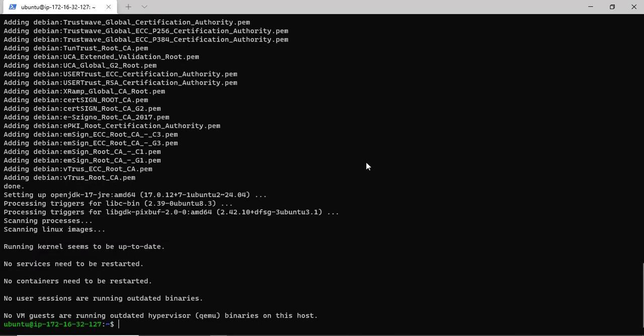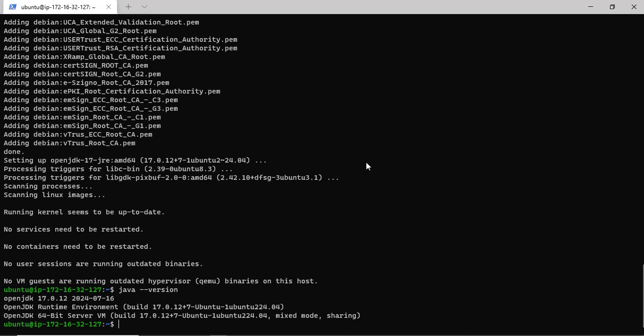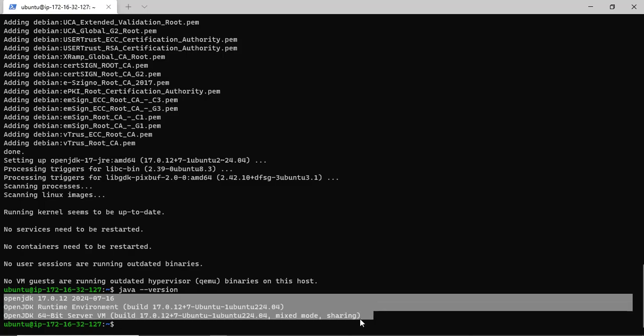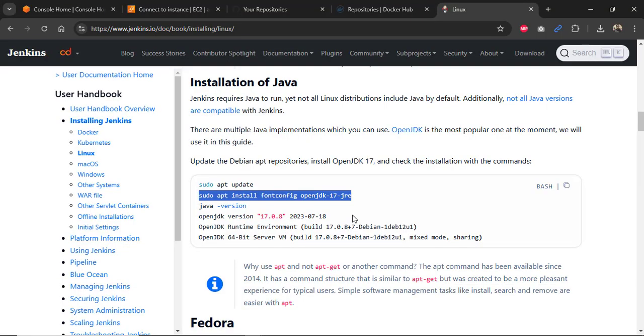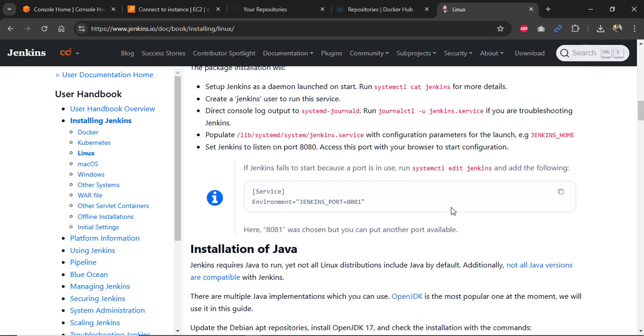So after that, to check if it is installed correctly or not, just execute the command java --version. If it is showing like this, okay, then that means Java installed properly in our system. Okay, so now after installing Java, let's install the